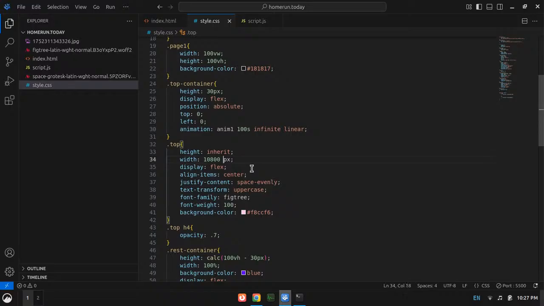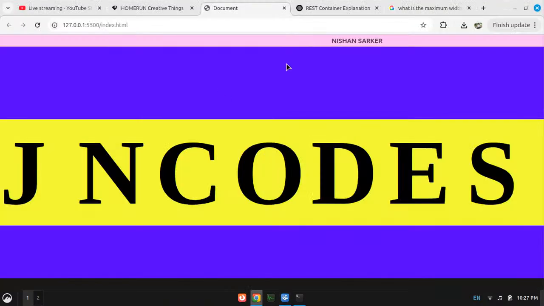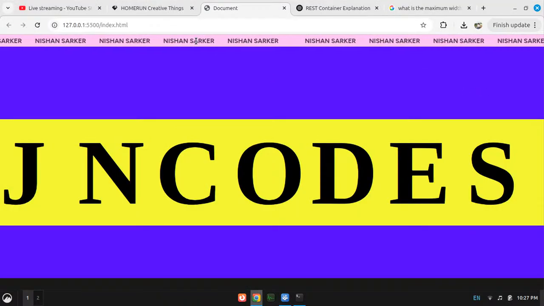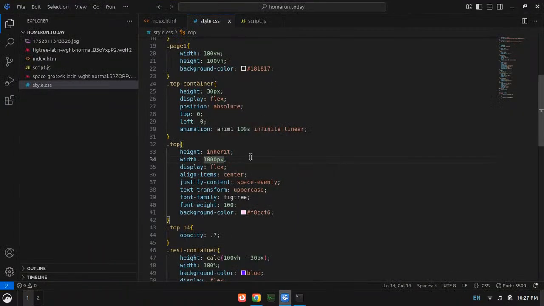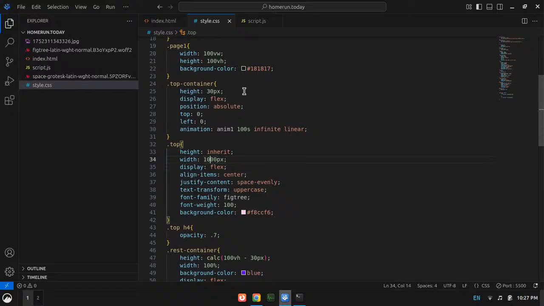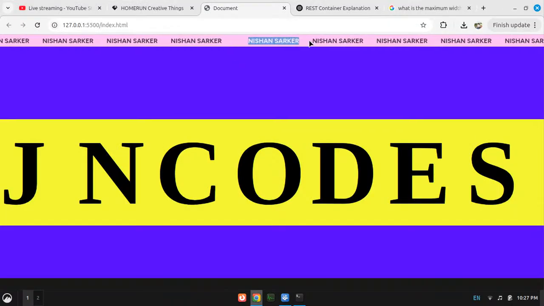As you see, the text is going far by, and on such a large screen it shouldn't be much of a problem, right? Right now it is okay, but if I set it to, let's say, one more 0 pixels, then it goes fast and the text is slow, but on a bigger screen I think that won't be an issue. Okay, however, let's continue here.